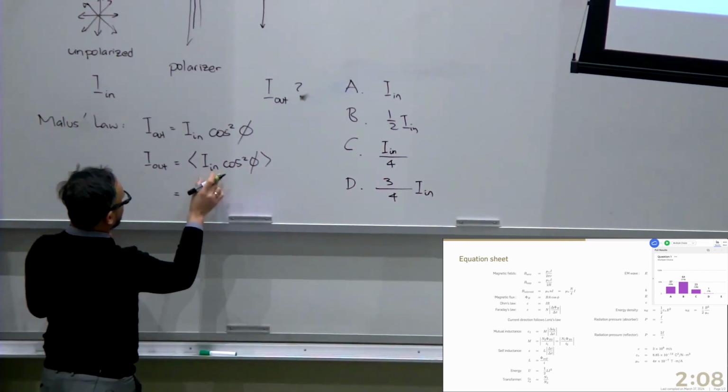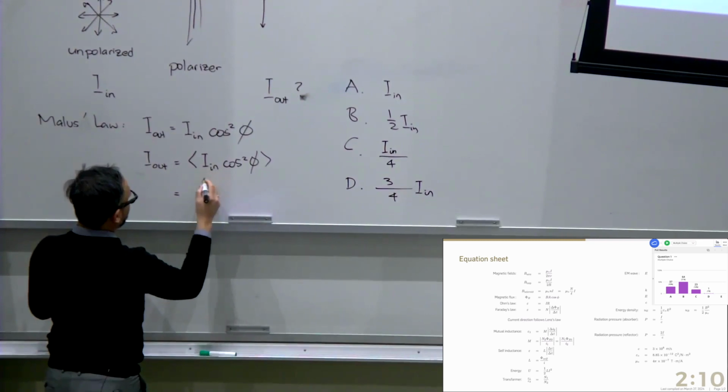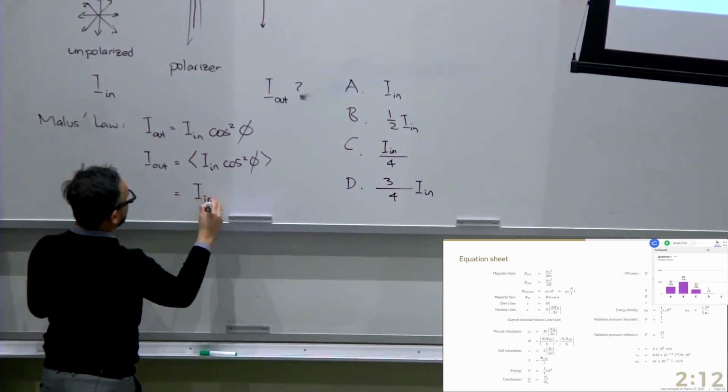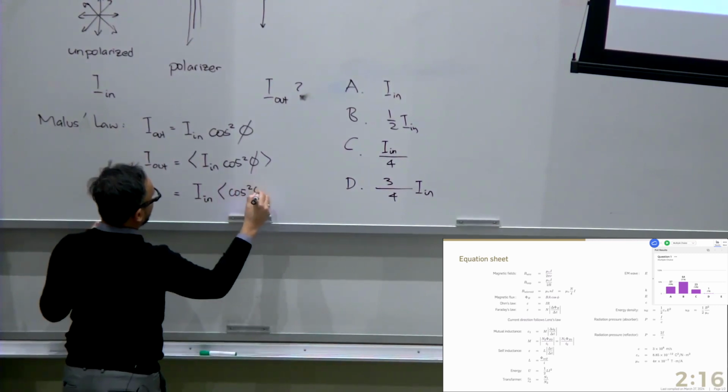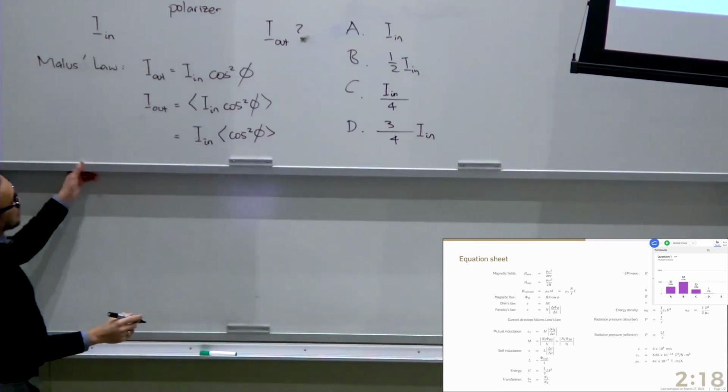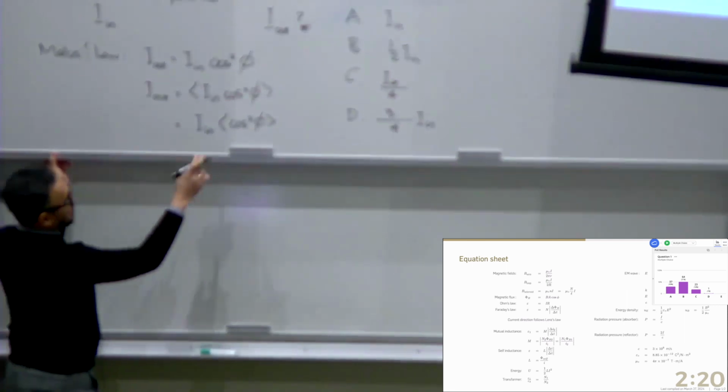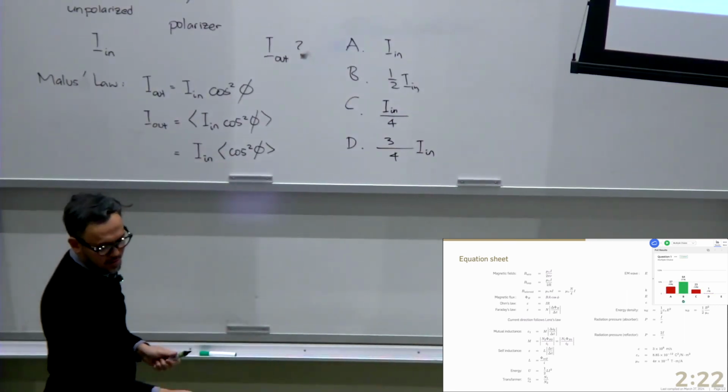And then the mean of this part is I input times the mean of cosine square phi. Okay. You can either memorize this,